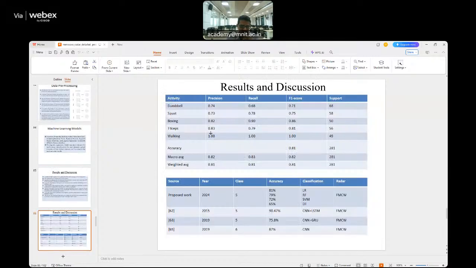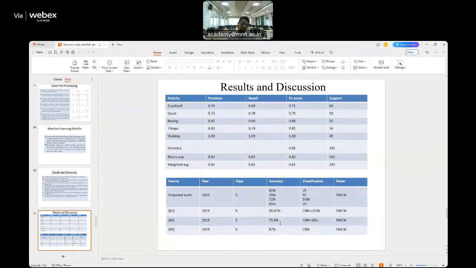So this is basically the results and discussion that you can see here. It is a dumbbell activity. Here precision is there, here your accuracy is there. When you are taking the 5 activities, this is 81%. This is using the different classifiers. You can see it here. What is